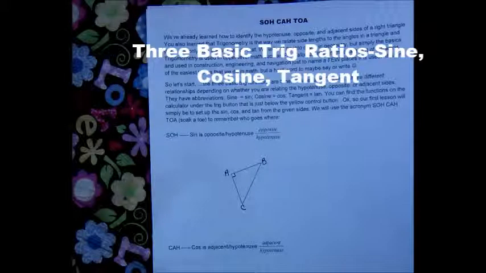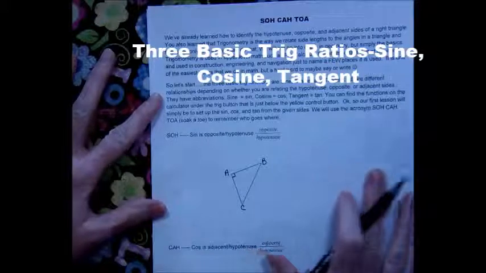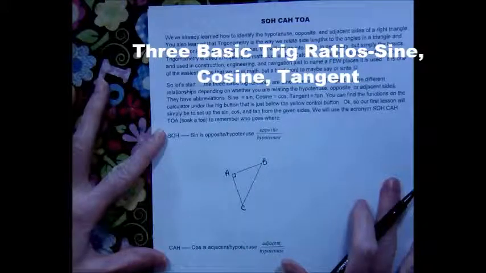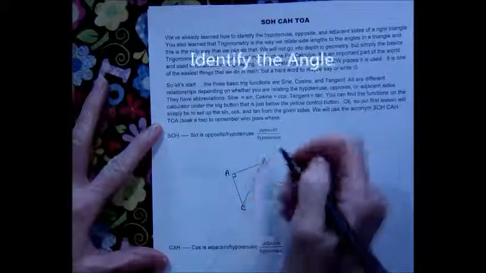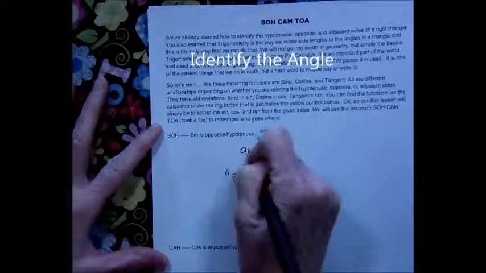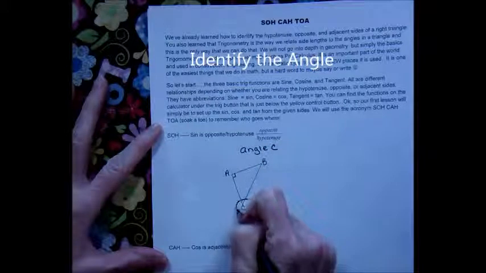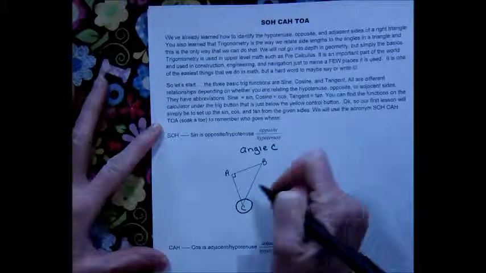Today we're going to look at the three basic trig functions, sine, cosine, and tangent, which relate the sides of a right triangle to the acute angles in the triangle. We'll use the acronym SOH CAH TOA to help us write these. We're going to start out with the sine, so,